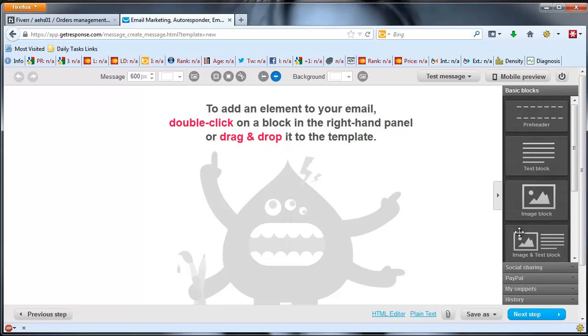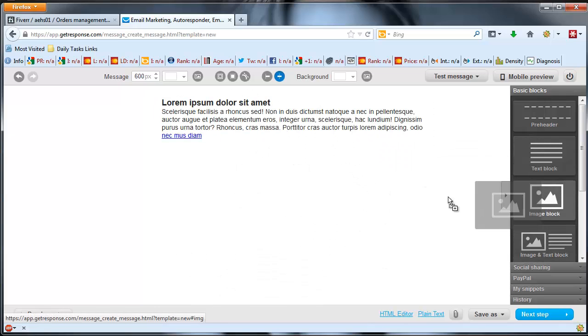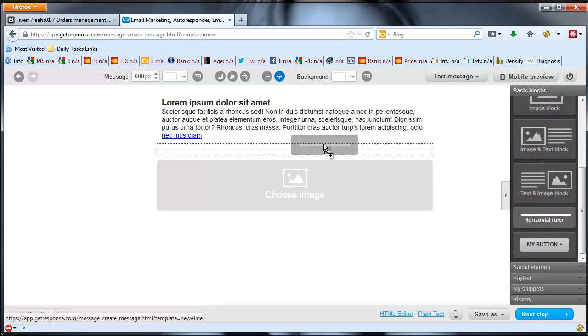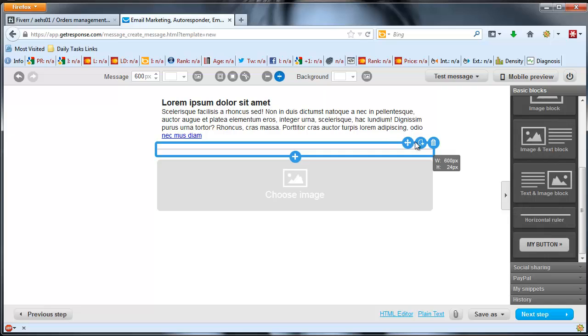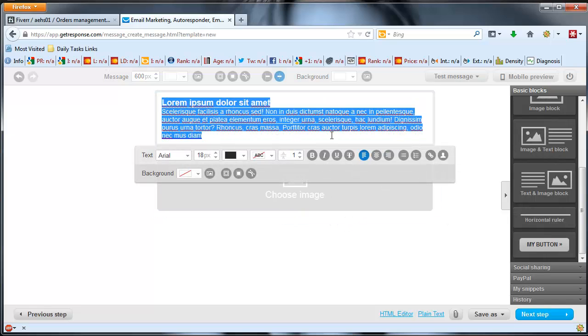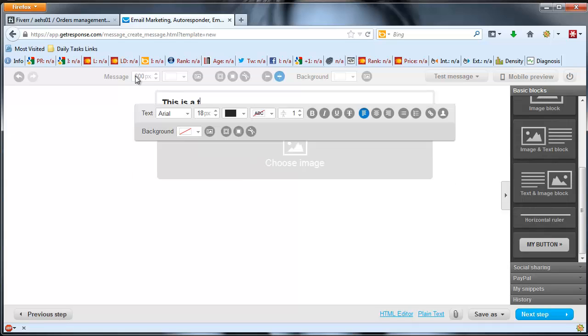So once I'm in this interface, I can easily drag and drop whatever elements I need. If I needed an image, or I wanted these different things to split out and make things look nice, here's a ruler. It's very, very simple to go in here. They have this pop up, and it's pretty much like using any other text editor. You have all these options: bold, italics, size, fonts, etc. So pretty much you can type away, this is a test. And if I go next,